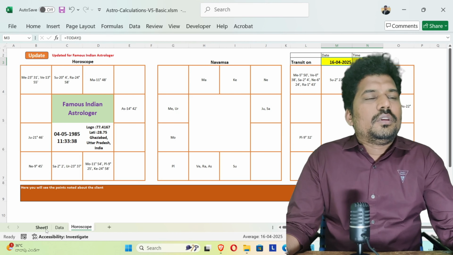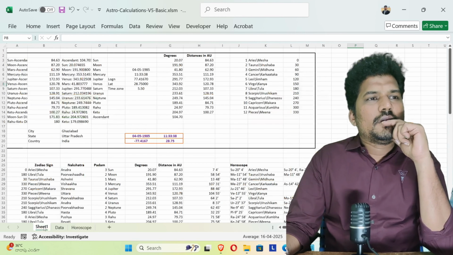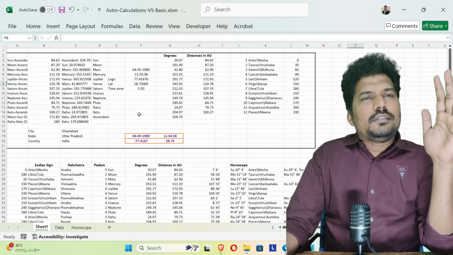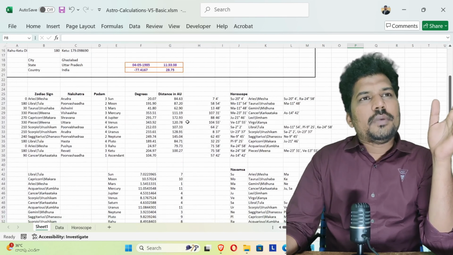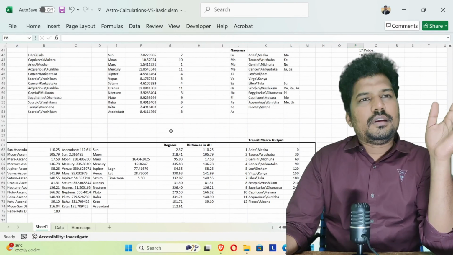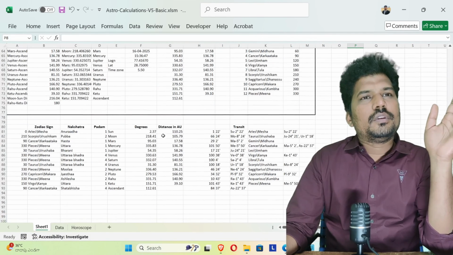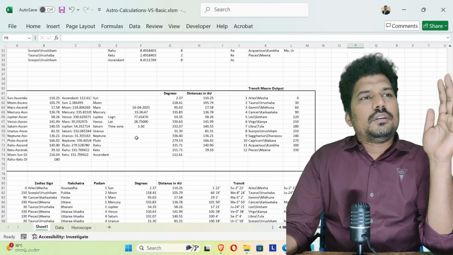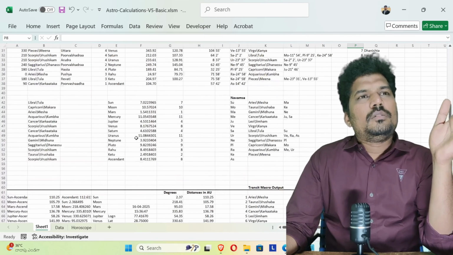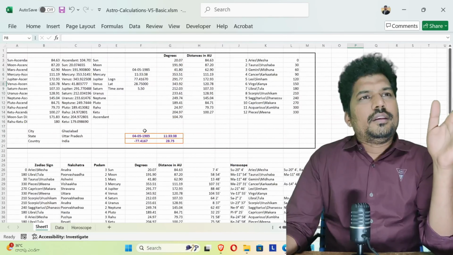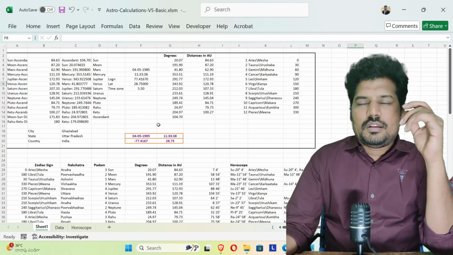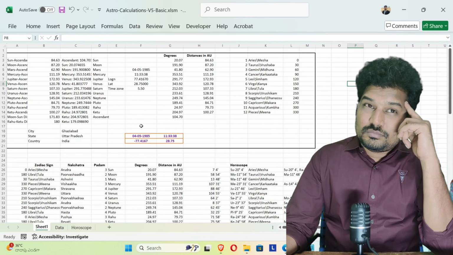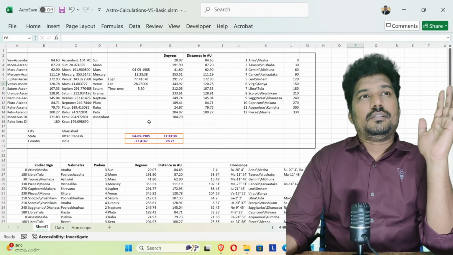Okay, so here, this page entirely involves interaction with VBA macros and all. So ideally this sheet should not be touched at all, just to ensure that the program will not get affected.